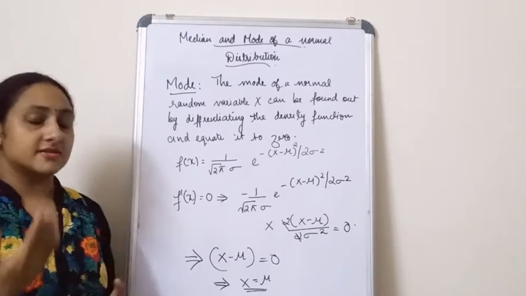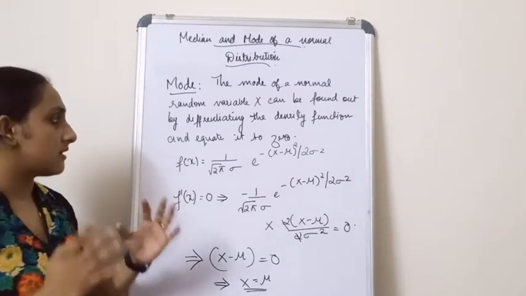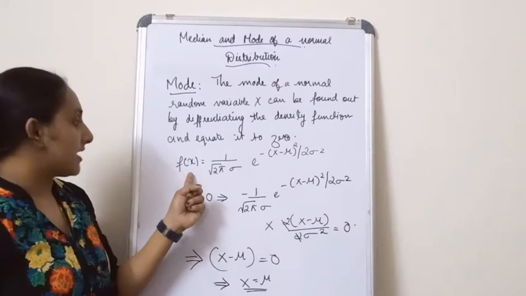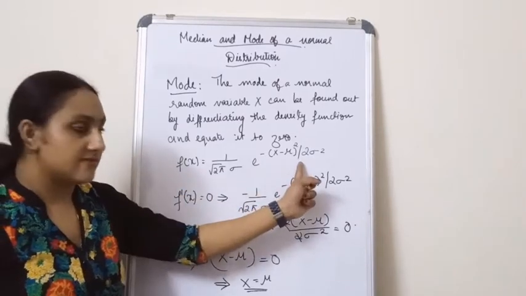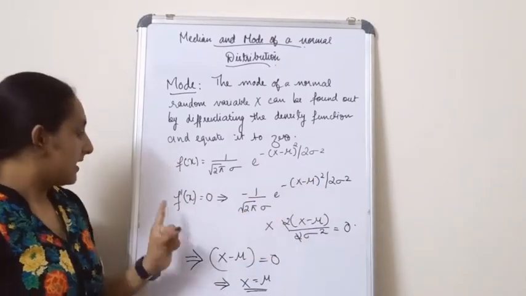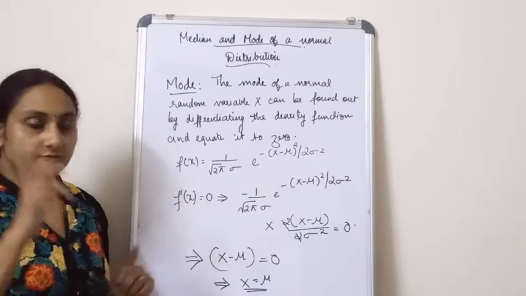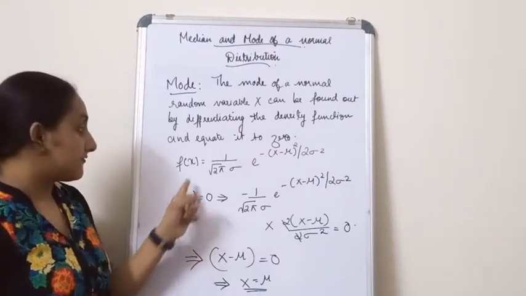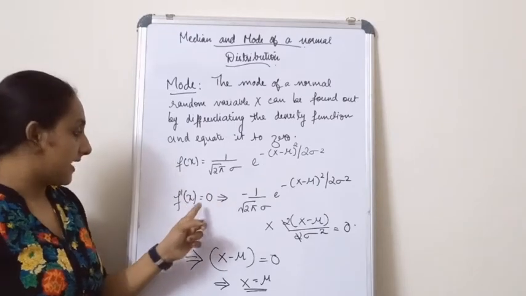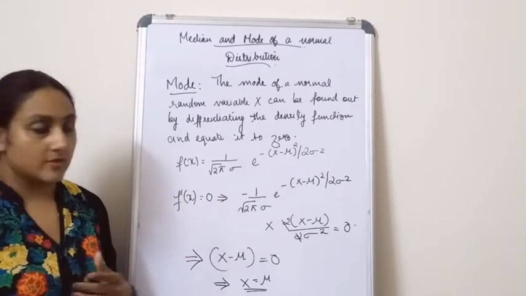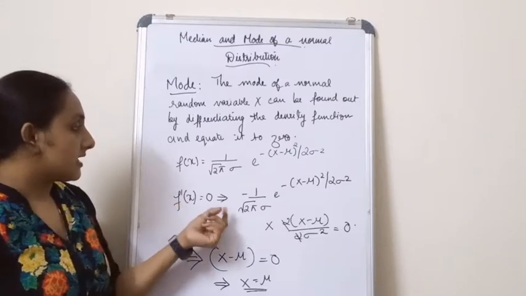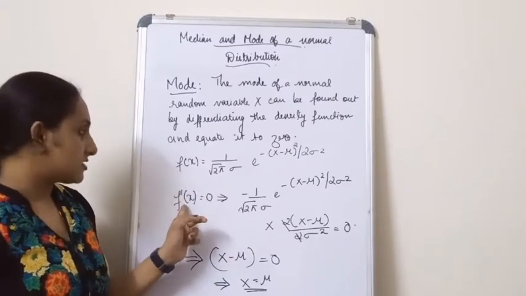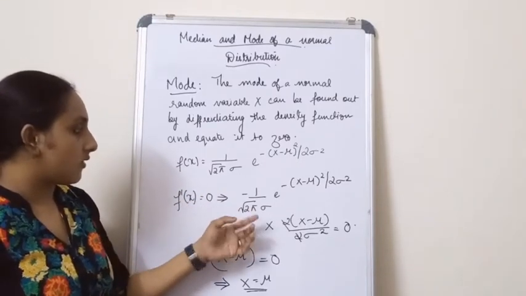Now in order to find out the mode of a normal distribution, what we have to do is consider the density function of a normal distribution. Then after that you have to differentiate it, that is f dash of x, and just equate it to 0. Okay, so when I differentiate f of x and equate it to 0, I get